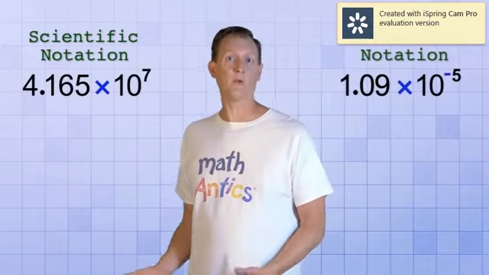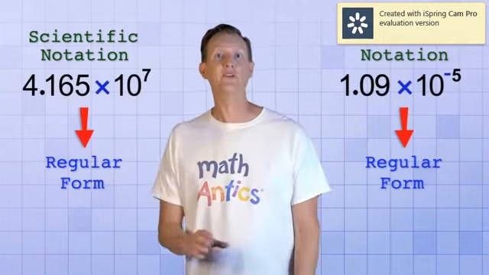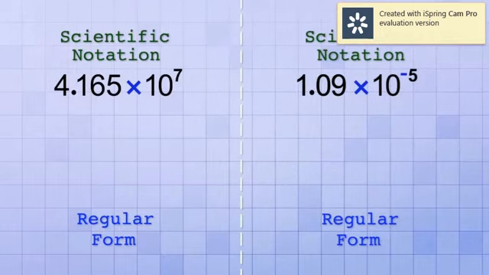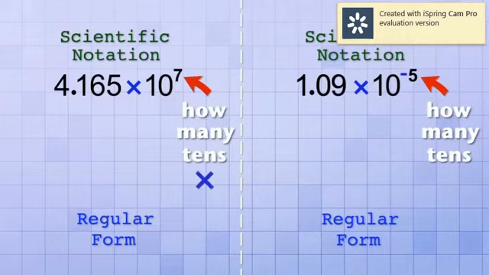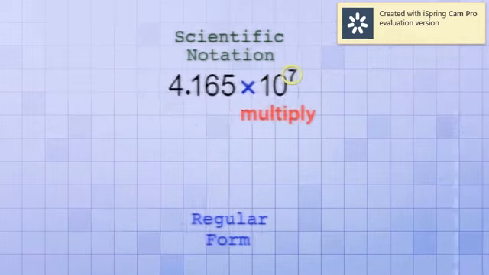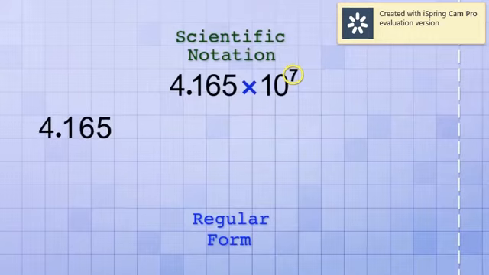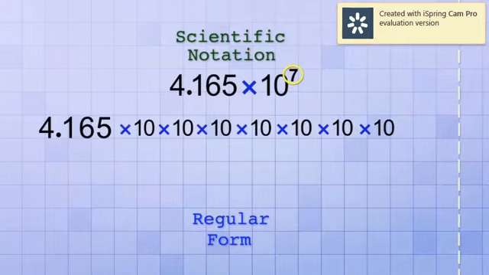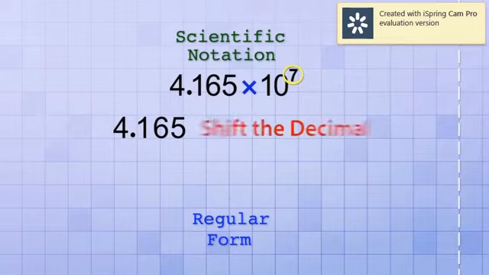But what if we start out with numbers that are in scientific notation and want to convert them into regular form? Let's do that with these two examples. The first step is to look at the exponent, which is the order of magnitude of the number. It tells you how many 10s you'll need to multiply or divide by to get the number in regular form. If the exponent is positive, it means that you'll need to multiply by that many 10s. In this example, that means that we would need to multiply by a total of 7 10s to get the number in regular form. That would be a lot of work, but we can also just shift the decimal point